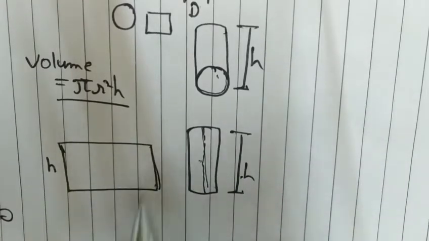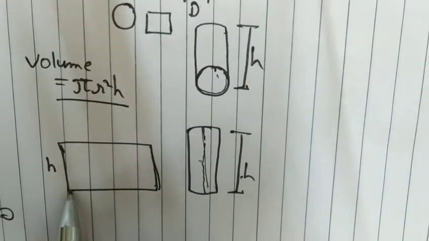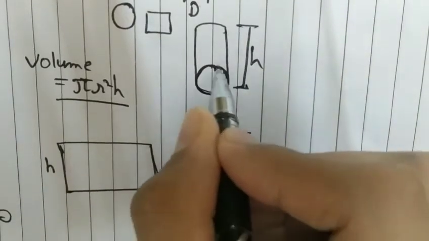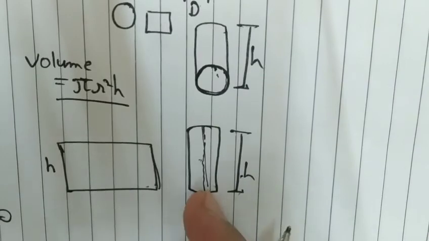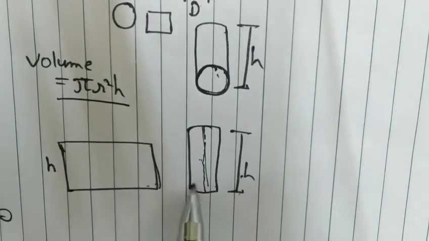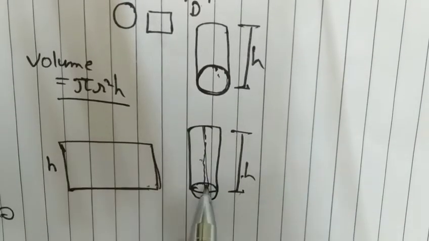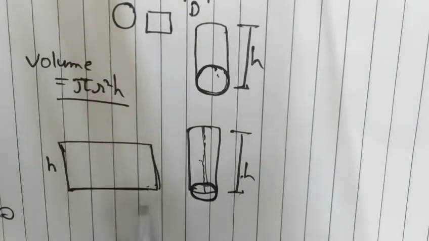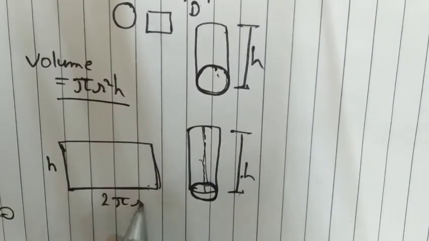Now what will be the length? Length will be this, circumference of circle, because if I open this, this is equal to the circumference of the circle, and circumference of circle is 2 pi r. So surface area is